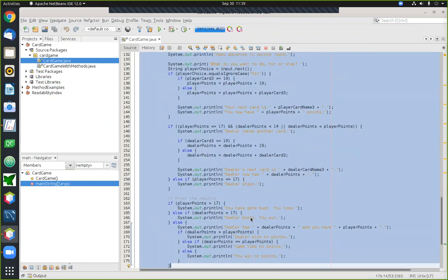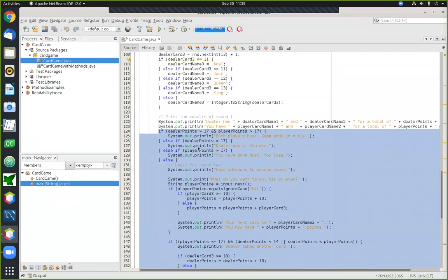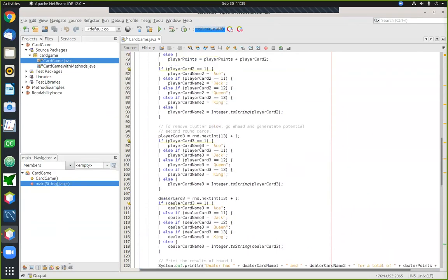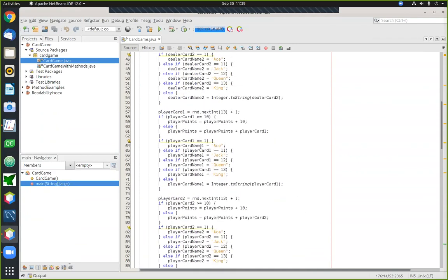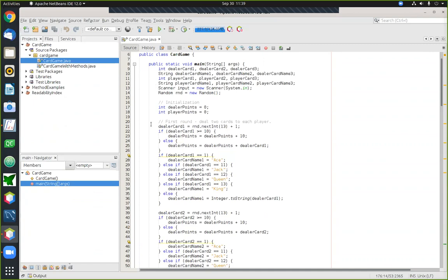Unfortunately, I'm not going to be able to simplify this part of the program for you because that's inevitably complex because it's all due to the rules of the game, and it's much harder to clean this up and condense this down. But there is a part of the program that is a prime candidate for simplification, and it's near the beginning. What this part of the program has to deal with is that one of the things going on in the game is we need to deal a series of cards.